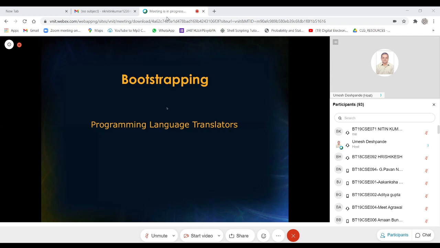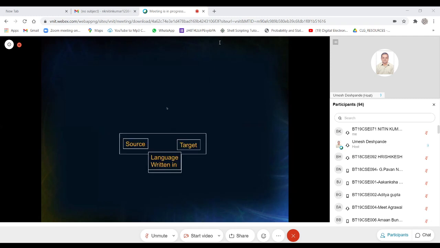So, yesterday we had just begun discussion on this issue about how to write programming language translators, that is both compilers and interpreters. And we've also discussed how people could have developed the first translator or the first programming language. Let's take this discussion in detail today. And this entire process is called bootstrapping. So let's start. This slide we had also seen yesterday.